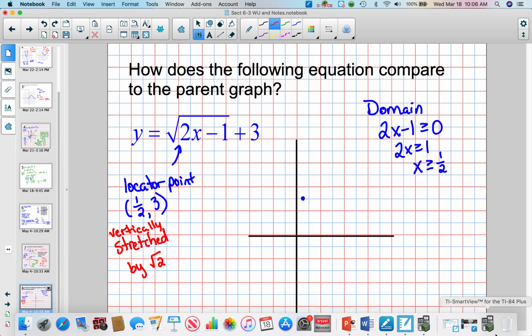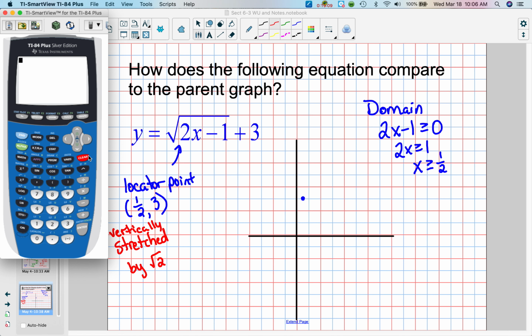So we could take a minute and look at our calculators and see what we get. Let me clear out what we had here before. So if we take a look at the square root of 2x minus 1 plus 3, and we'll graph that. Okay, so we can see this. Now it's going to be kind of hard to tell here, but if you wanted to look at a table of values, notice I have error for all these values. Well, that's because we said x has to be greater than or equal to 1/2. So notice once I get to 1/2,